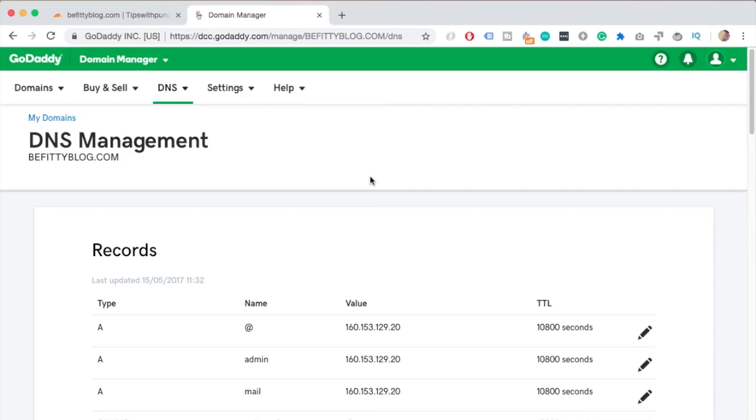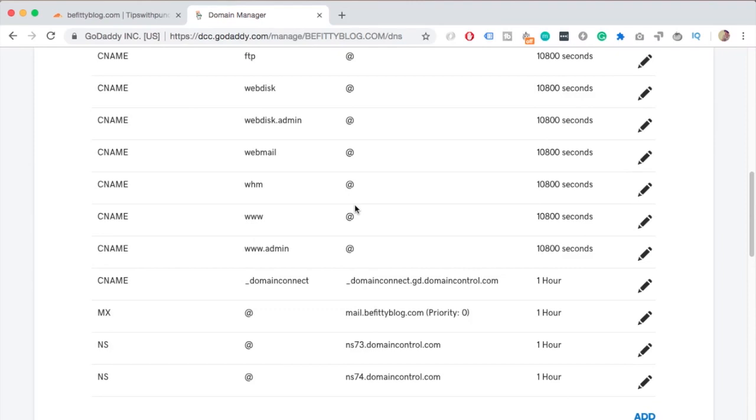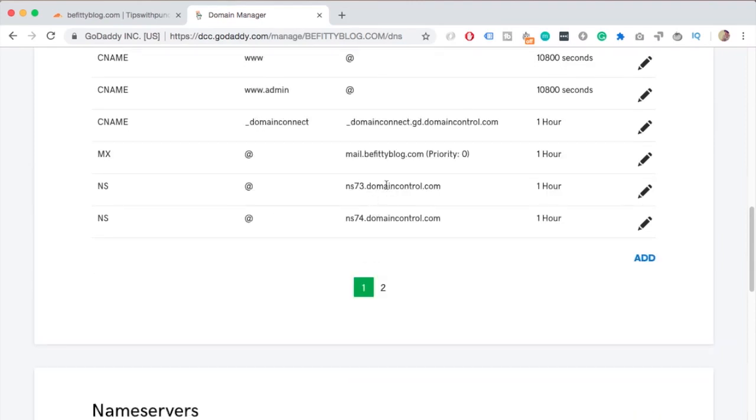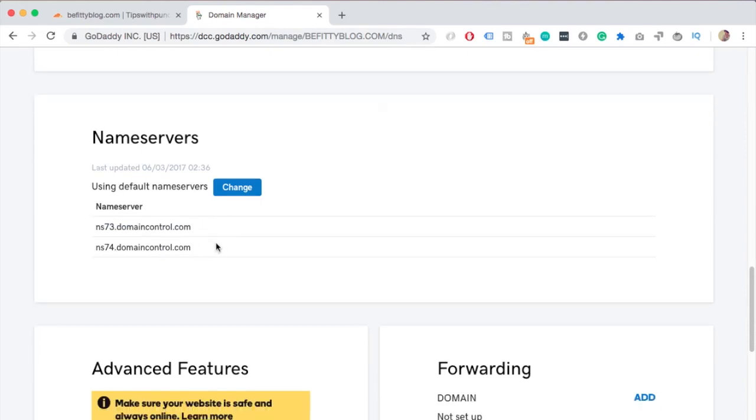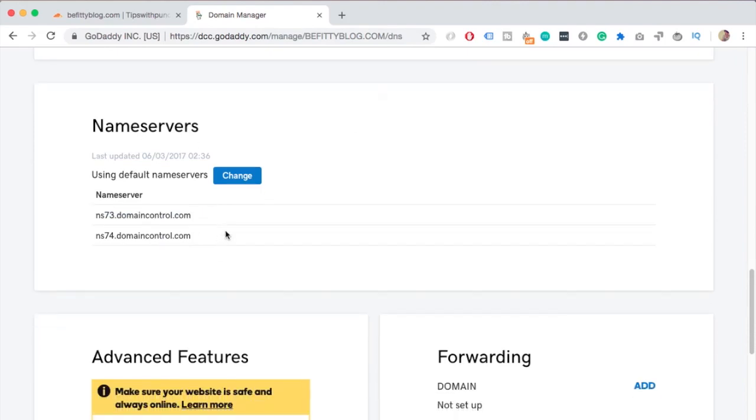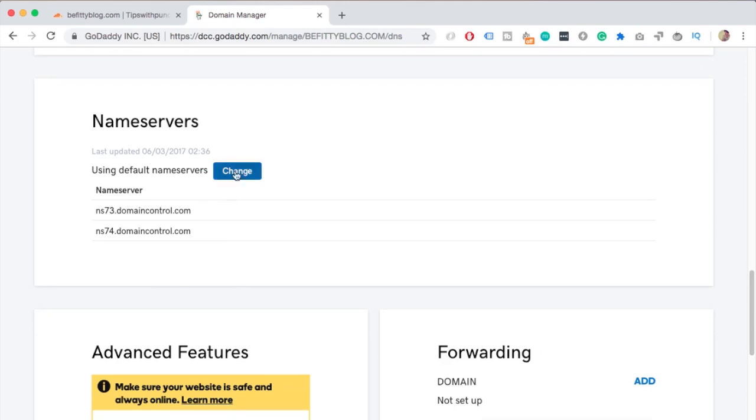You just need to modify the DNS records. So here's where I can manage the DNS information, and you can see there's a lot of information here. If we scroll down here in the middle, you see Nameservers, and that's actually what we're going to change now. As you can see, these two, that's something Cloudflare just showed us. So we're going to change this by clicking on the button here,